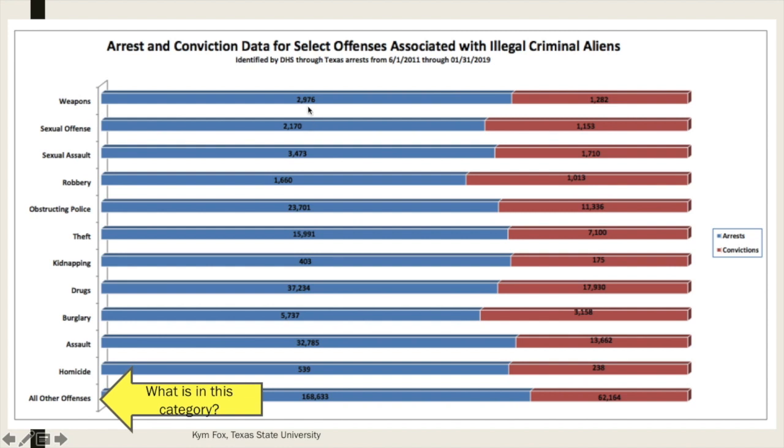So weapons, 2976 and 1282. This says arrests, this says convictions. So what does that actually mean, right? Is this like a total number? Is this a part of this? It's not very clear. And even more troublesome is when we get down to this, because these are very